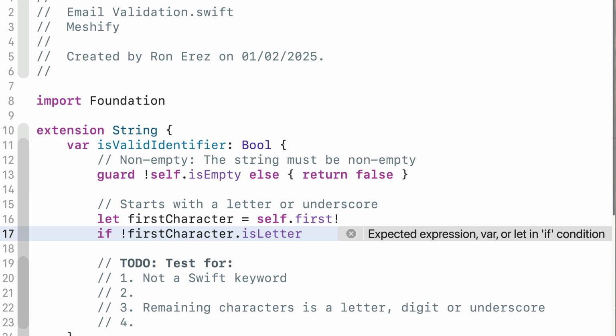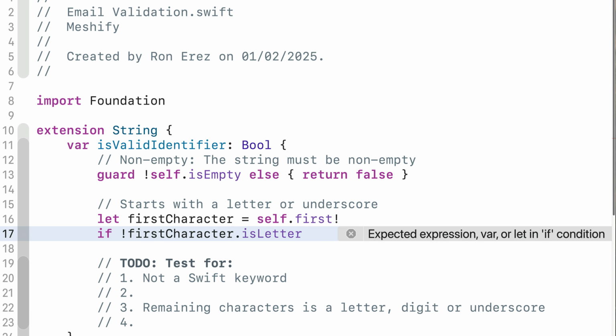And now the remaining characters must satisfy this condition. The remaining characters can be letters, digits, or underscores. And I'm going to pacify the compiler. Let's say return false for now, just to keep it quiet, but we'll have to change this. Or actually, let's say return true. Okay, so let's define valid characters